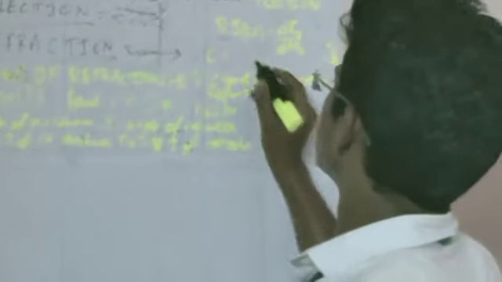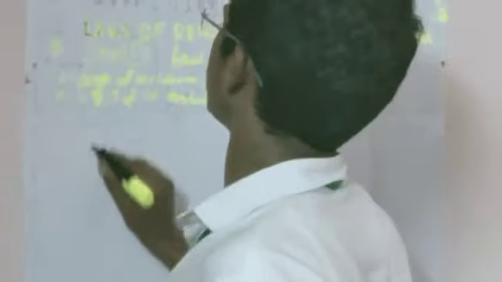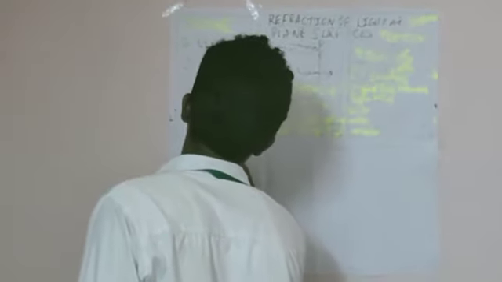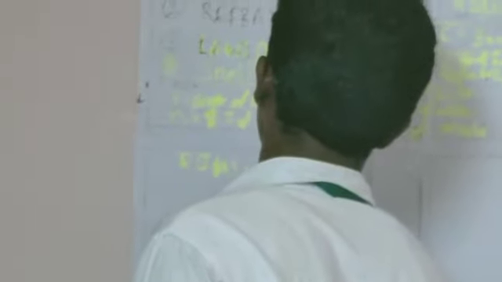Here we will know what the speed of the light is. You all know very well, 3 into 10 power 8 meter per second is the speed of the light. Right. Here the mathematical representation of refractive index: n is equal to C by V, where V is the speed of light in the medium.